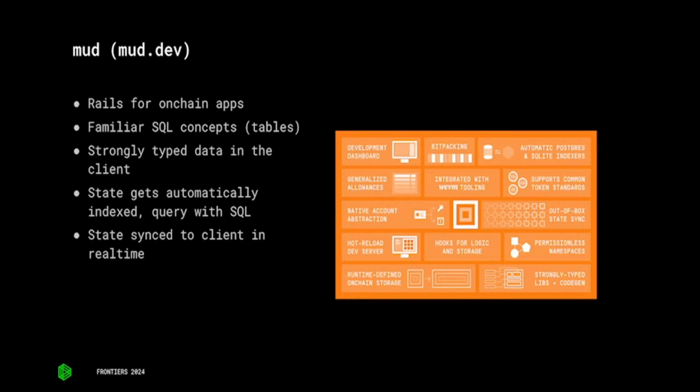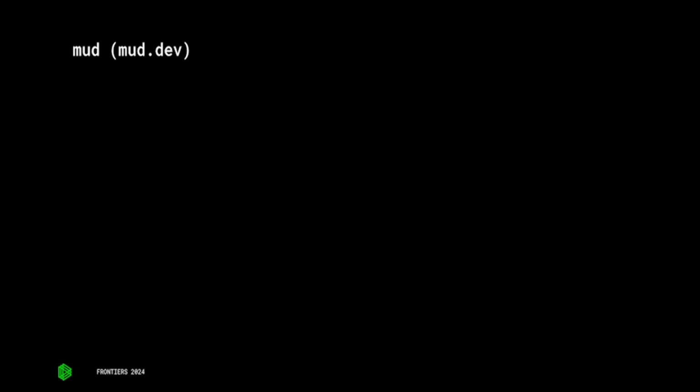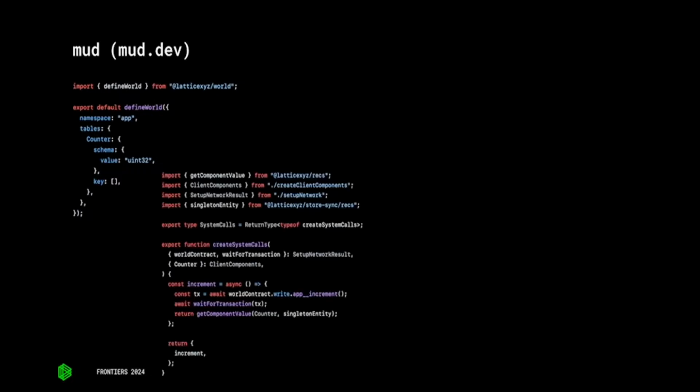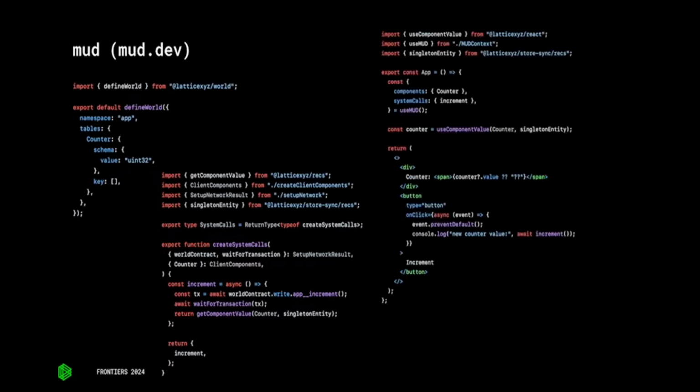One of the really cool pieces of it that's unique is the real-time updates that you get. So similarly to Ponder, you define your table structure and set up some methods to call into here. This is just for a simple counter contract. And then you have a component where you can read directly from that value, and then it updates in real time behind the scenes with some of the infrastructure that they've built.